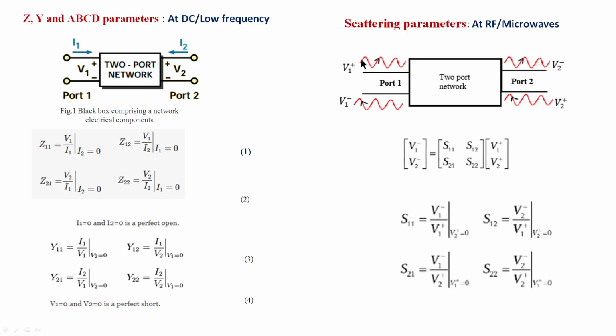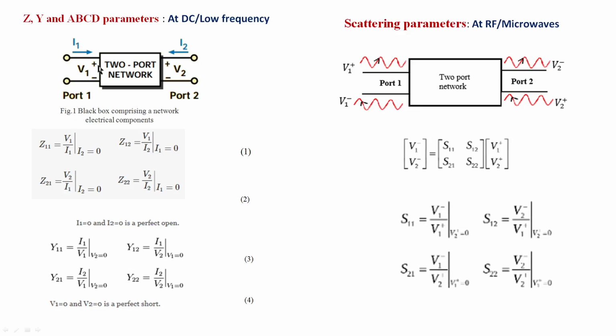But we can see two or three cycles of waves over the line, like this. At low frequency we cannot see the wave over the line. Approximately the voltage looks like a constant, but we can see the waves like this on the line at a high frequency, very high frequency.